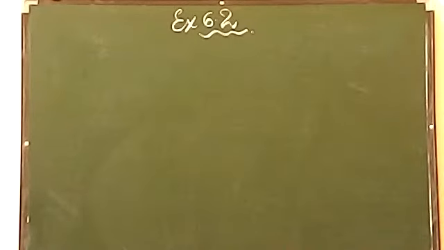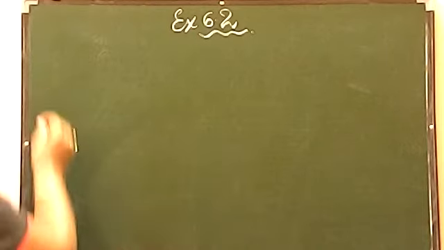So, dear students, we are going to begin now exercise 6.2. The concept of angle sum property and exterior angle property was already given by me. So now today I am going to discuss the questions related to both the properties. So exterior angle sum property is related to exercise 6.2. So first of all, I am going to begin question number 1.